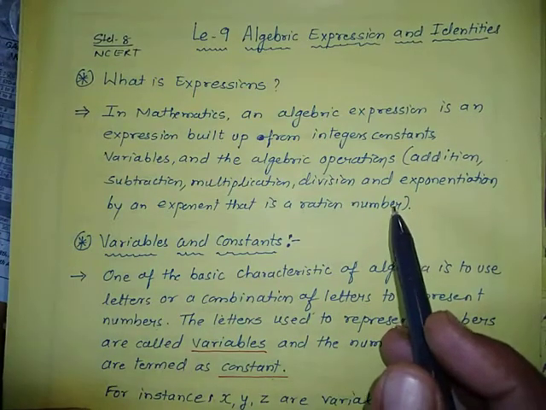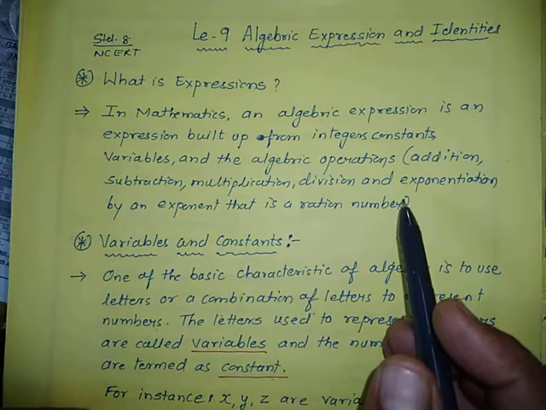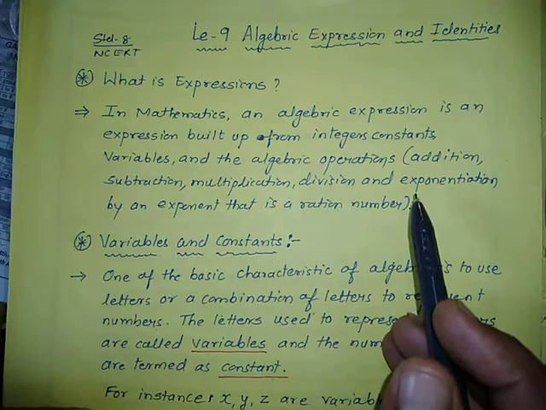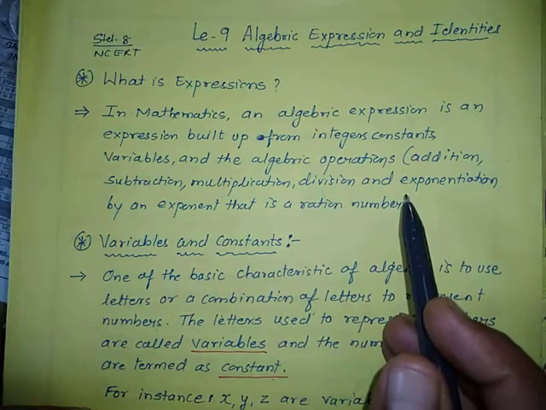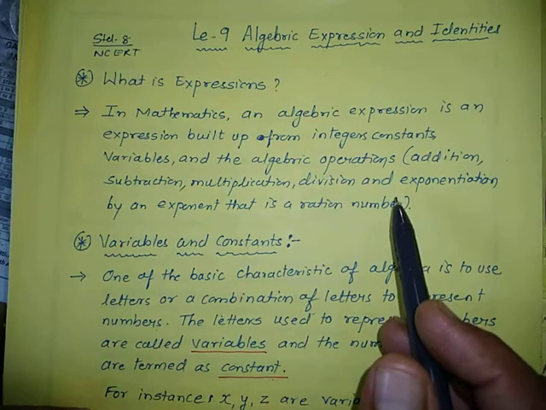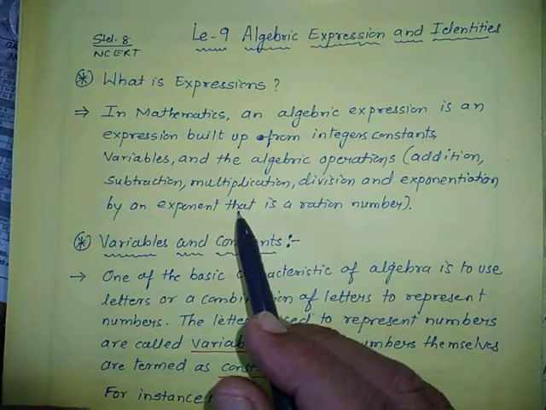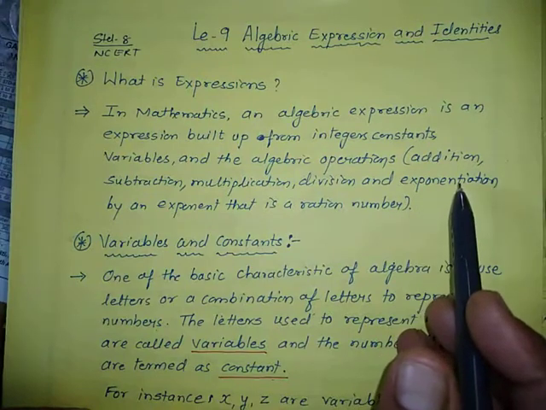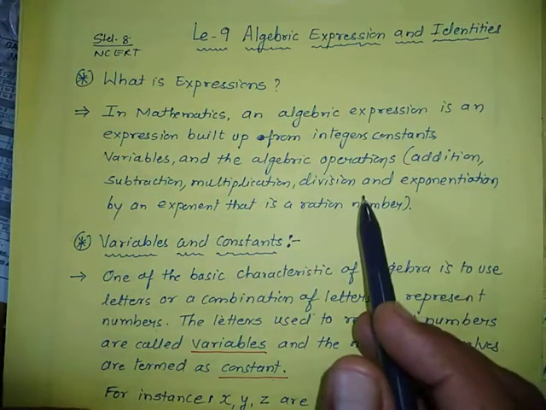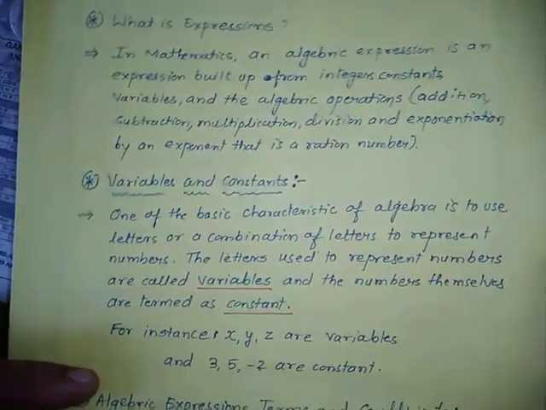So what does it mean? Here there is a combination of integer constant and variables, and together they form an algebraic expression. In this algebraic expression we find some numeric numbers and variables also, and they are separated by addition, subtraction, such types of operations. And we also do many more other operations with these algebraic expressions like multiplication and division. Here we find that variable and constant.